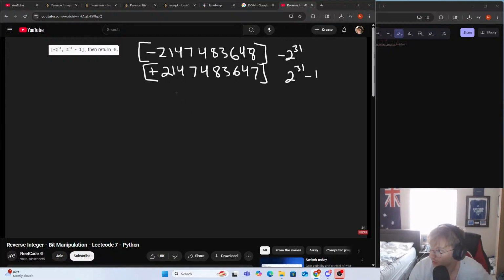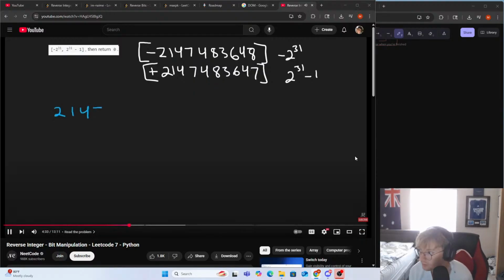What if the value was too large to fit? What if the value was actually larger than the max value that we can possibly have? What if the value was 2147